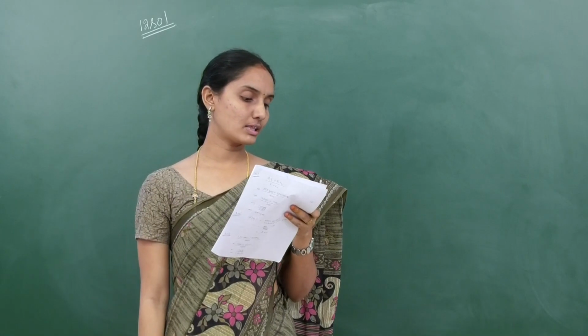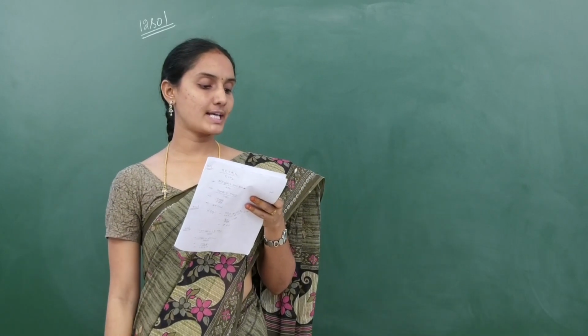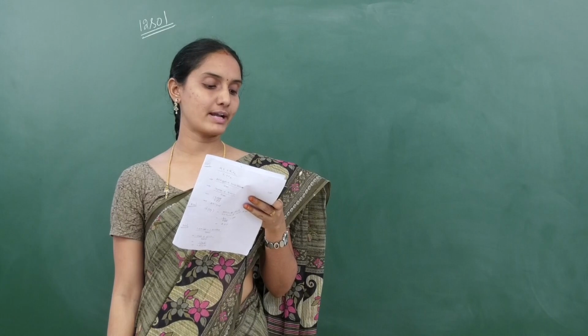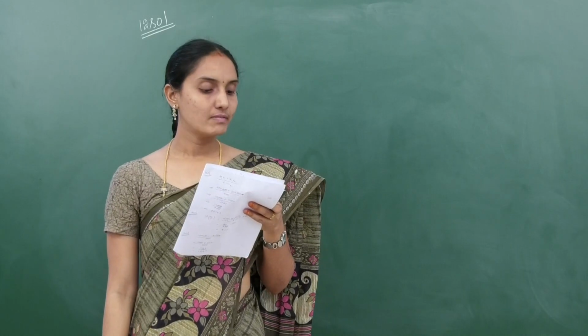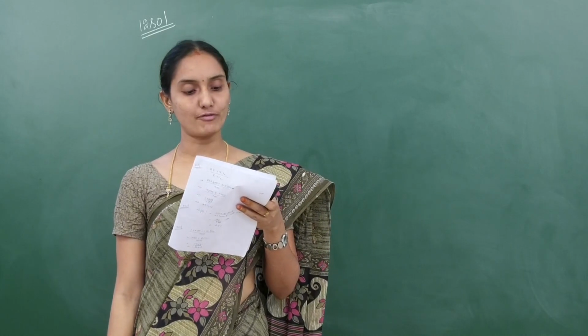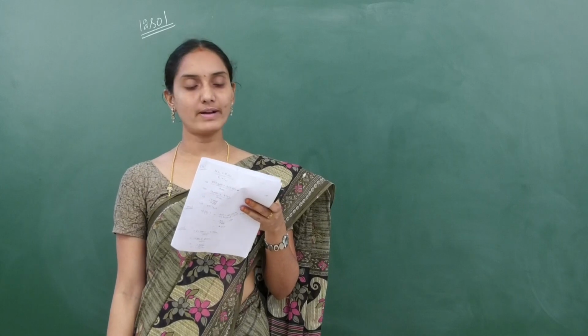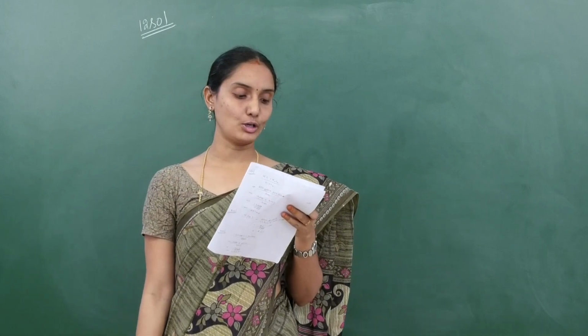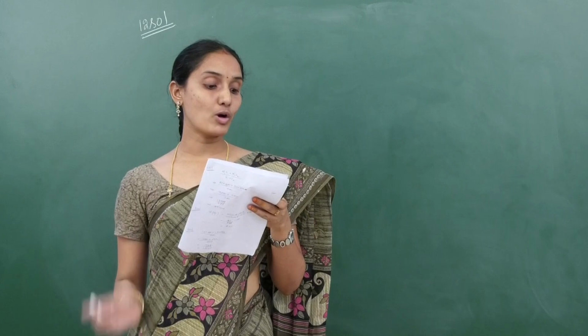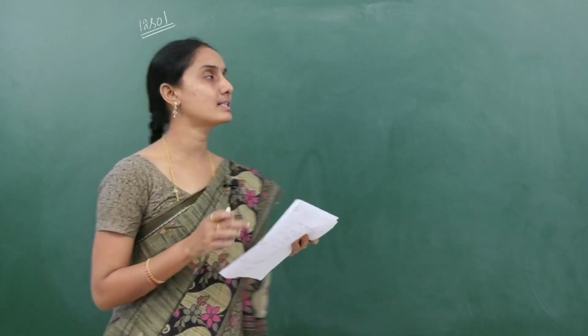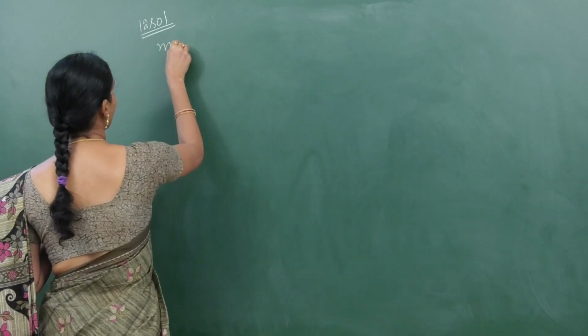So in the 12th question, the question was given as 7.45 grams of potassium chloride was dissolved in 100 grams of water, children. Water is the solvent over there and KCl is the solute. Calculate the molality of the solution, they have asked. So molality's formula is